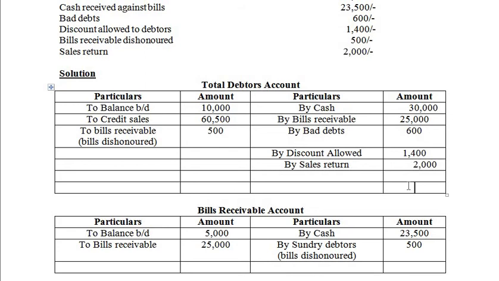Balance of debtors account is 30 plus 25,000 plus 600. So the debit side is more here. So the balance is how much? 71,000. And here also 71,000. Since the credit side is short, how much is the shortage? That is 71,000 minus 30,000, 25,600, 1,400 and 2,000. It turns to 12,000.